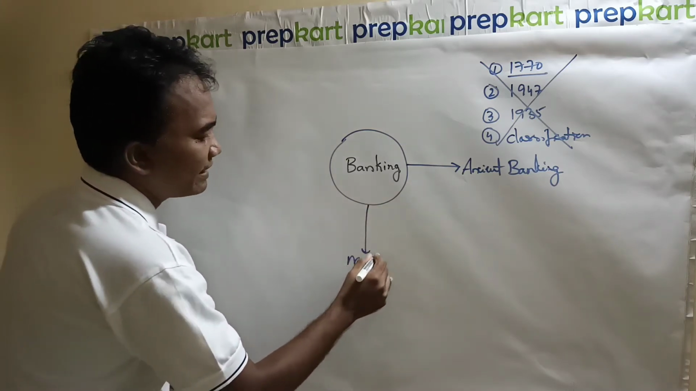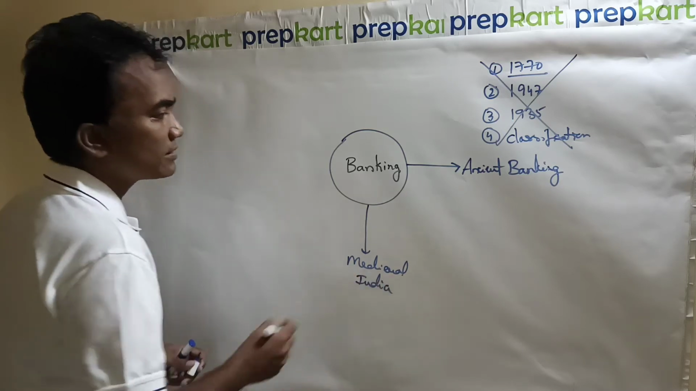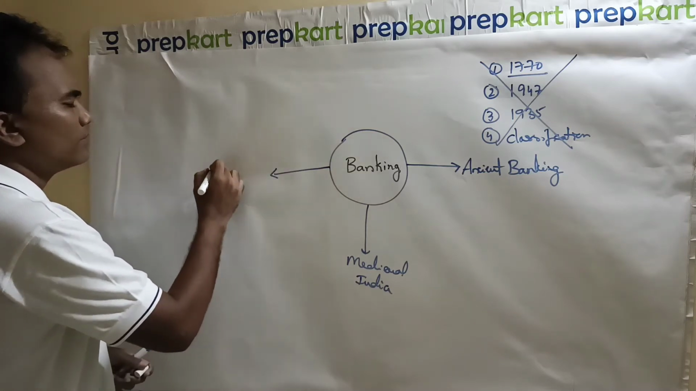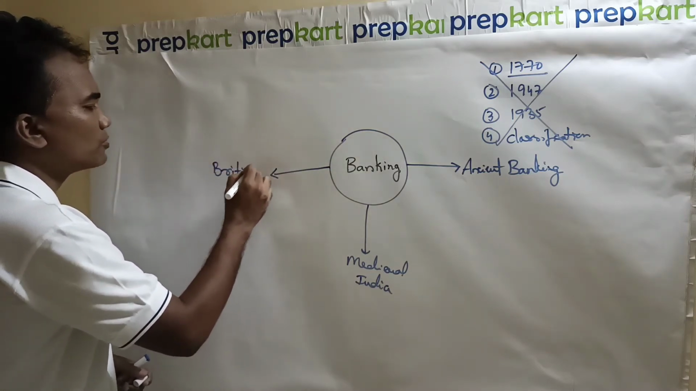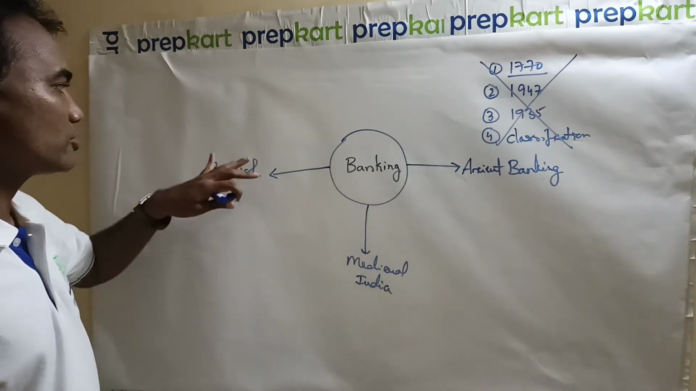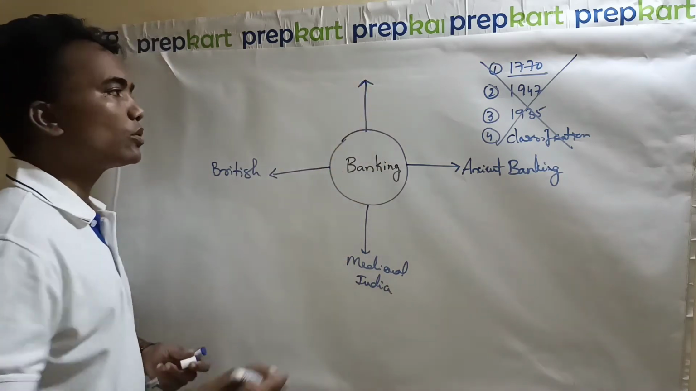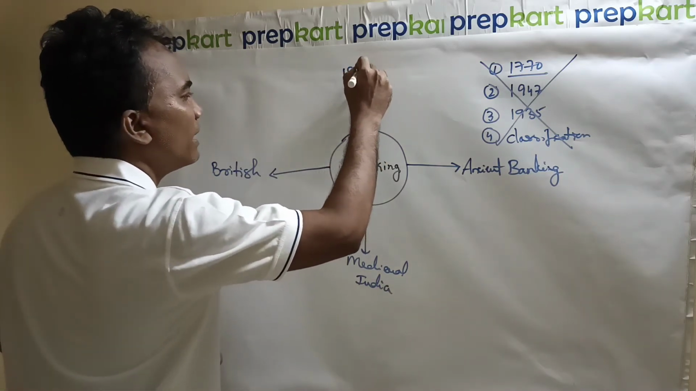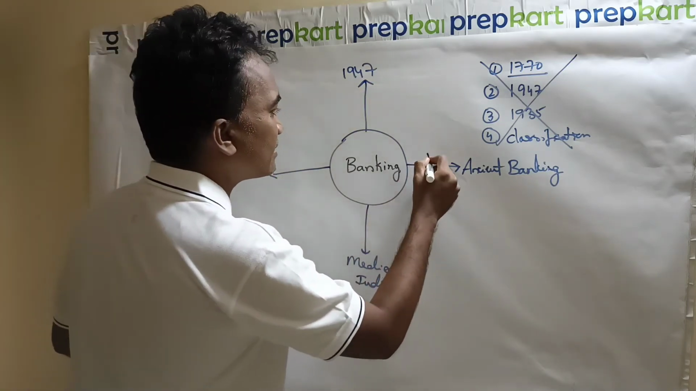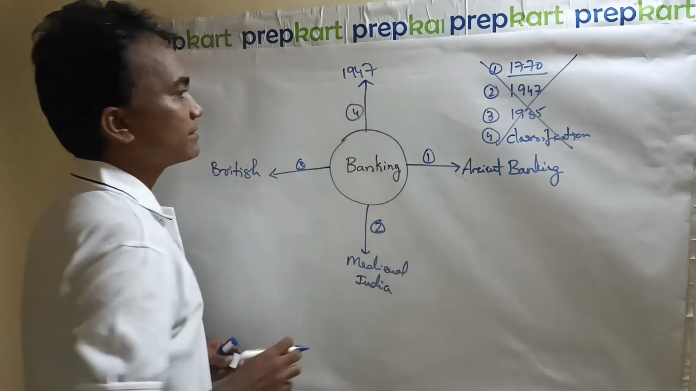Was any kind of banking activity there in medieval India? If so, who were the bankers and what was the system? And then we'll go to the beginning of present-day banking in British India. So I'll start with banking in British India. And in step 4, I'll go to banking in India after 1947. So this is the most appropriate structure for a banking class because